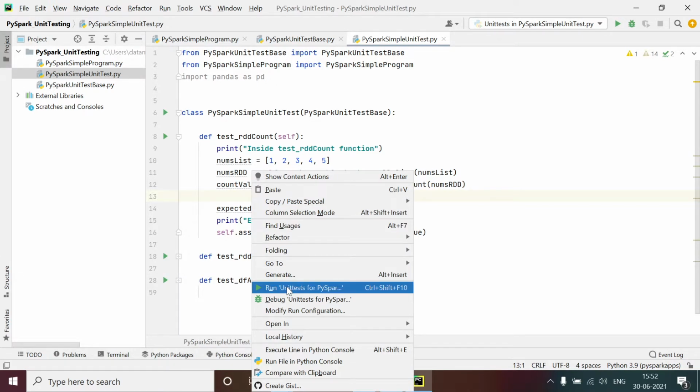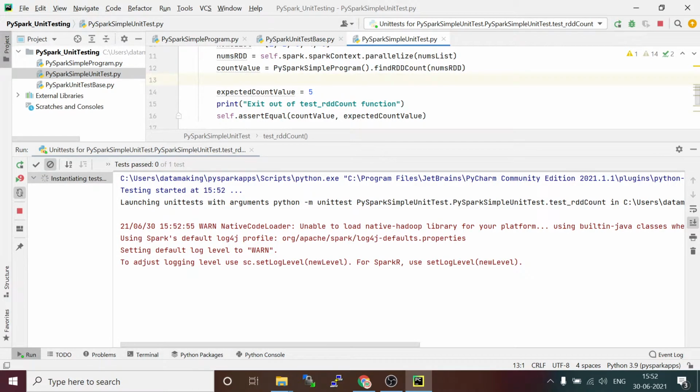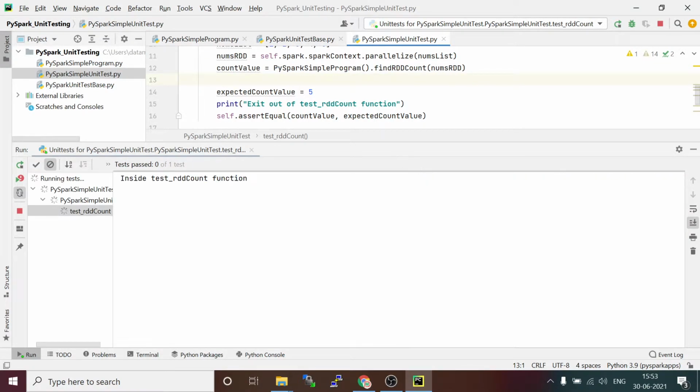I will right click here and run this. It is going to run this test RDD count unit test case. It is first going to create that Spark session object.